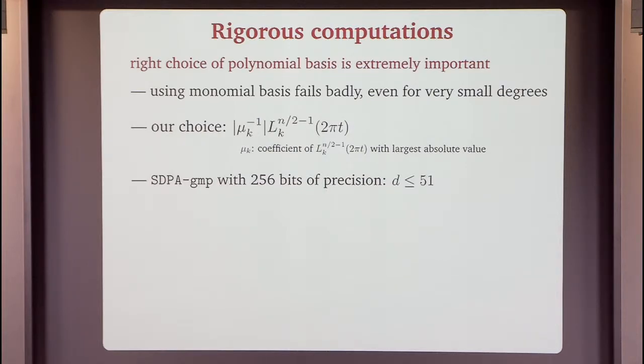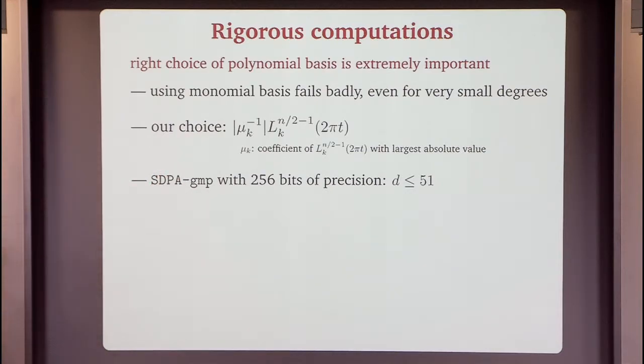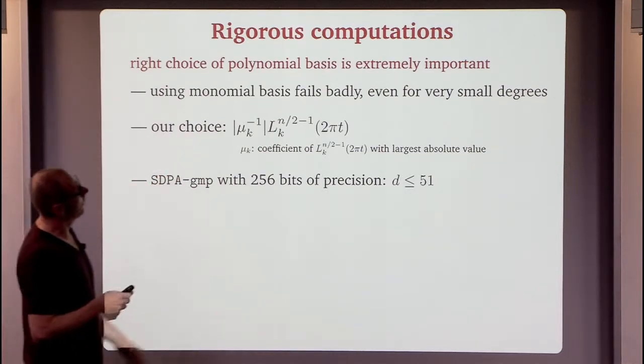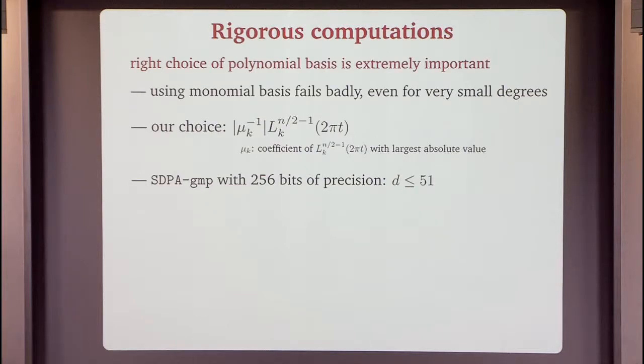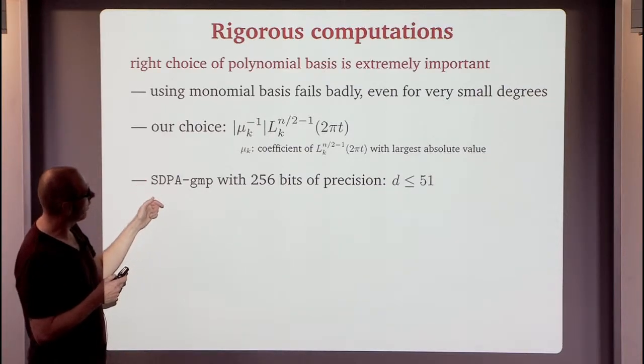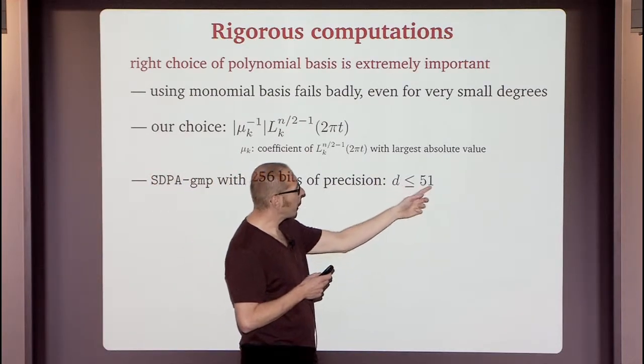Matrices of size 6 times 6, solvers cannot handle at the moment. You know the reason? Condition numbers. And then after playing a lot with this basis, we found out that the right choice was that we take Laguerre polynomials, appropriately scaled, as a polynomial basis. And this works well. And then we could solve these optimization problems using the software SDPGMP up to D